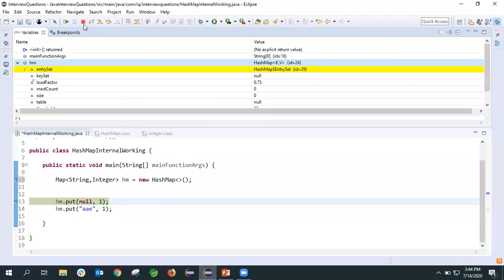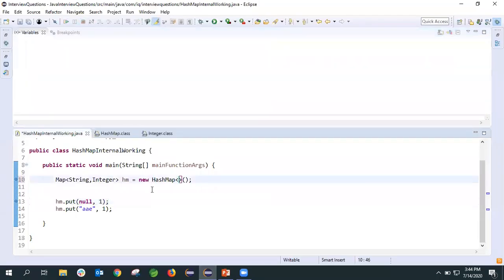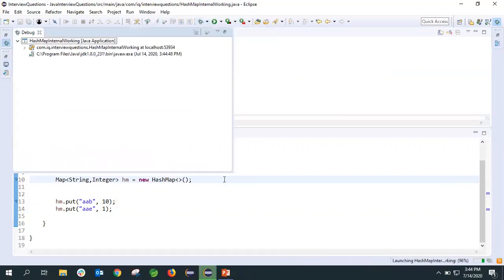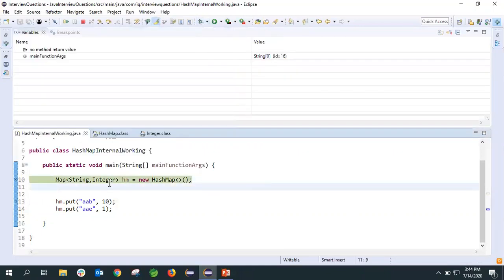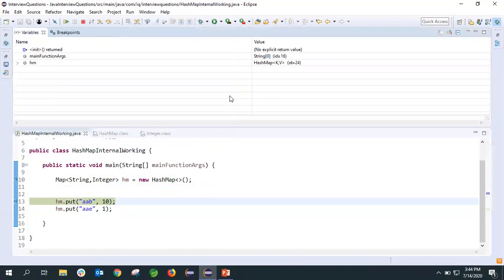I'll stop this here. Initially I don't give anything. I'll give AAB, and value will be 10. Now I'll save this and debug again. Now I'll press F6 to execute the step.